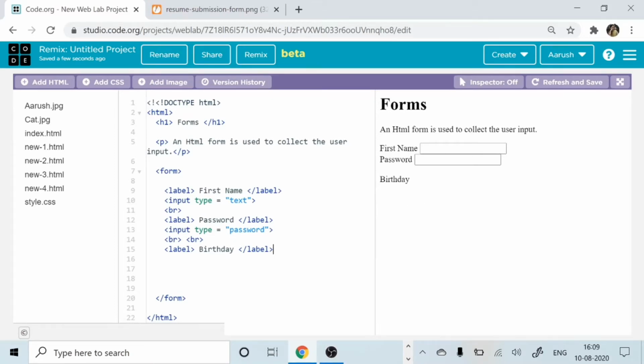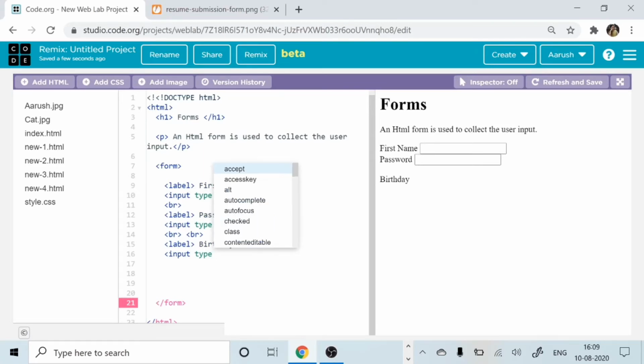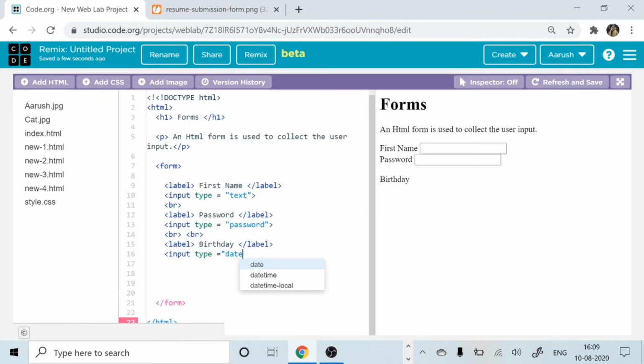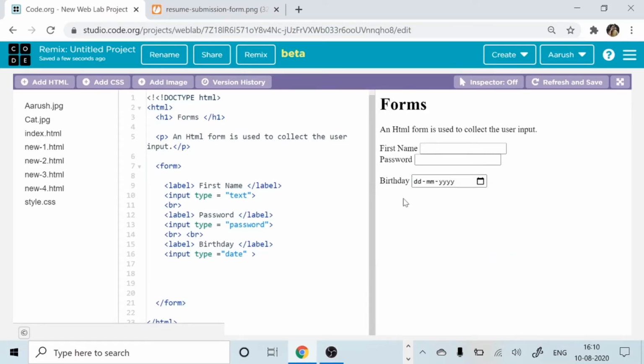Now say suppose I need birthday. So birthday definitely needs an input type what? Date. So that's what you have to do over here. Same thing, we will go here, put input, then I will say type, and then put equal to sign, and then yes, put it in the date form. Close it, and then yes, it is like this. So see, can you see it comes in the DD/MM/YYYY form like this. So you can select like this. Whenever you are making a form, it should be this way.